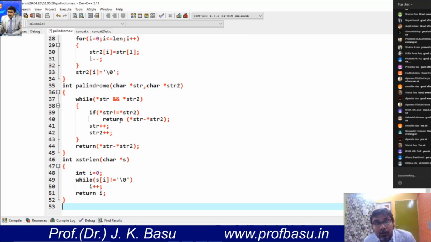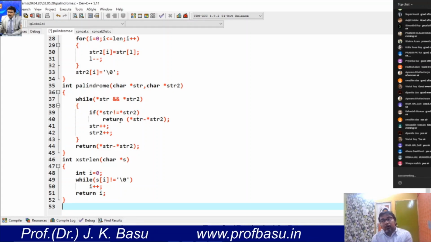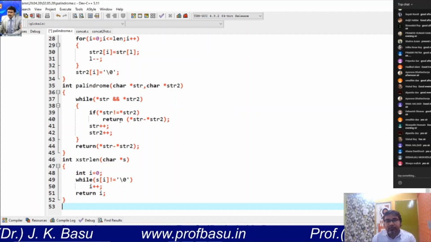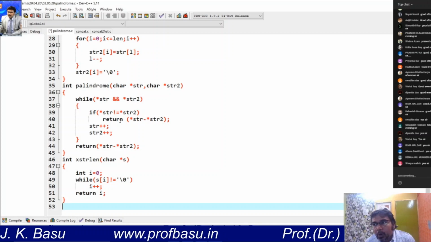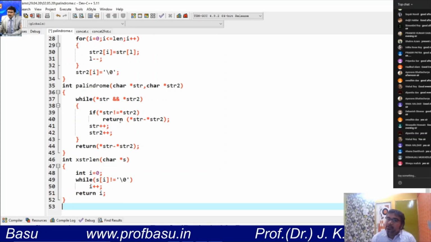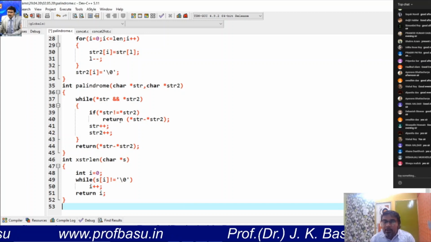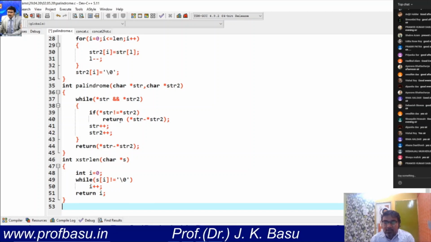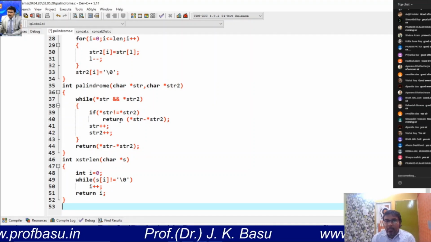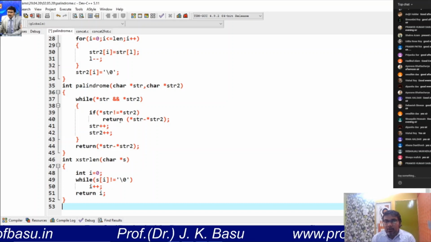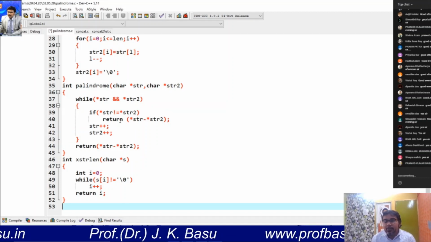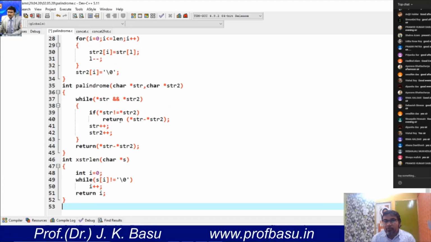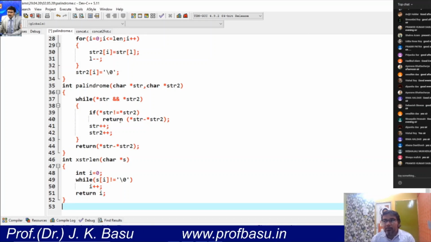There is another default function of the string.h library, that is strcmp, that we will discuss. What does strcmp do? It compares two strings, and when it gets a mismatch, it returns the numerical difference of the first mismatched character. For example, let's say